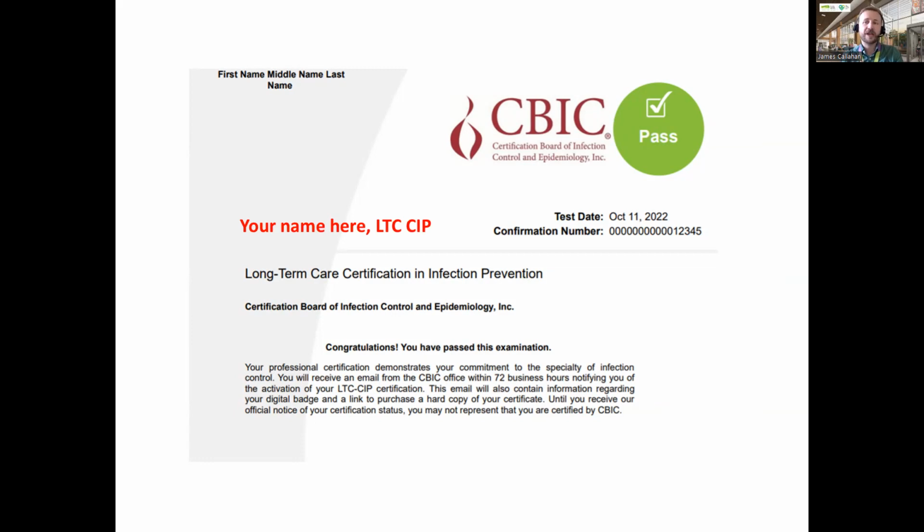Signing your name with the LTC-CIP behind it sends the message to other healthcare providers that you've achieved a level of universally recognized proficiency in your area of expertise. It also helps you have confidence in yourself that you in fact do know what you're talking about. It also speaks to your ability to acquire and retain new information. Perhaps you don't know an answer to something you've been challenged with, but through your process of preparing and this designation, you have the knowledge and skills to obtain new information, and you know where the resources are.